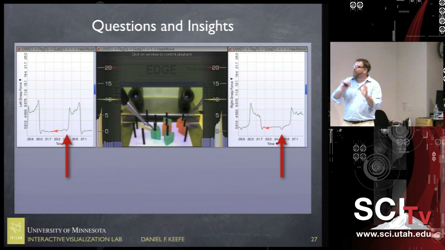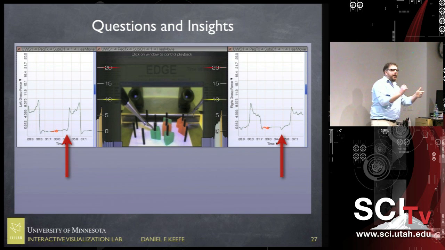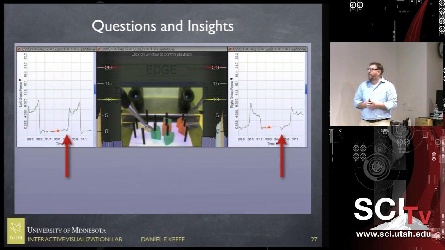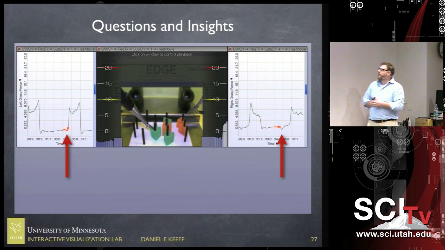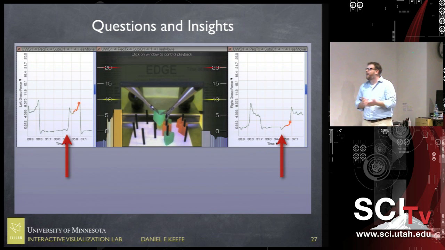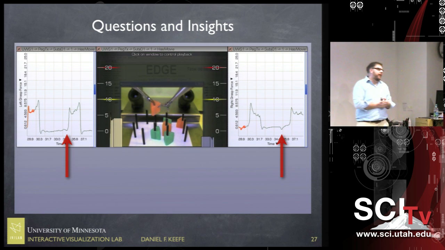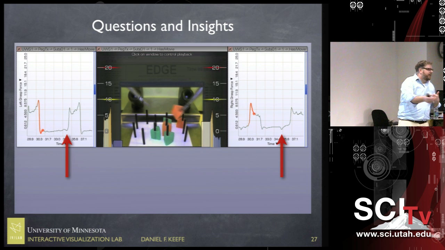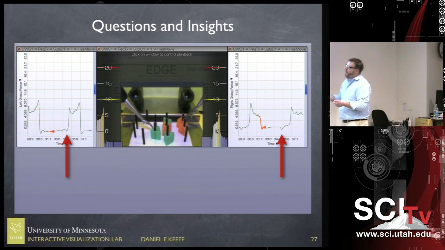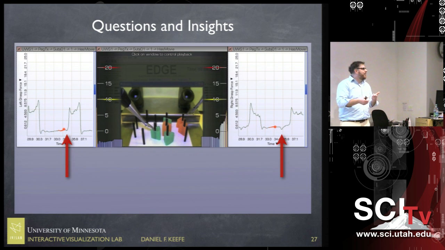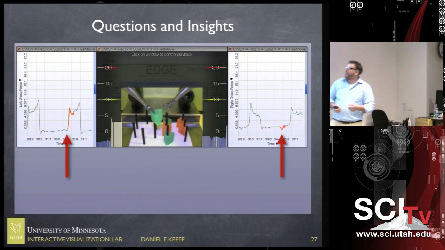Okay, so they're thinking a lot about force, they're thinking about trajectory, and they probably posed 3 or 4 questions that we felt the visualization could help them answer, but then we also found a few things that were surprises that we had never thought of before. One is kind of interesting. I'm not really sure what this means, but if you look at the force plots over time, we found across many of the examples what we've been calling a sympathetic grasp and release. Okay. So if you look